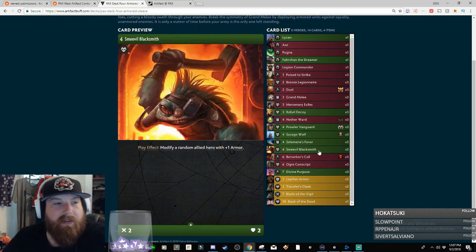Moving on here, we've got the 4 mana Smeevil Blacksmith, a green creep ally, 2 attack, 2 health, with a play effect. So when you play it, this effect happens: modify a random allied hero with +1 armor. Notably here, modify is a keyword that lasts even after death for heroes. So when you modify a random allied hero with +1 armor, they're keeping that even after they die and respawn. So basically a